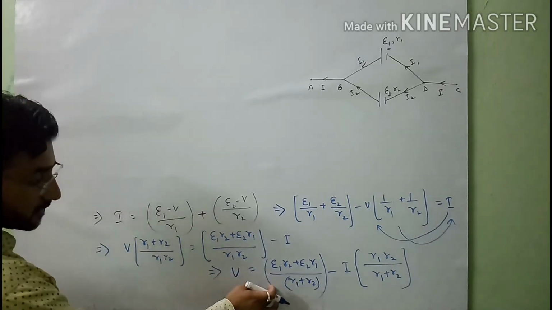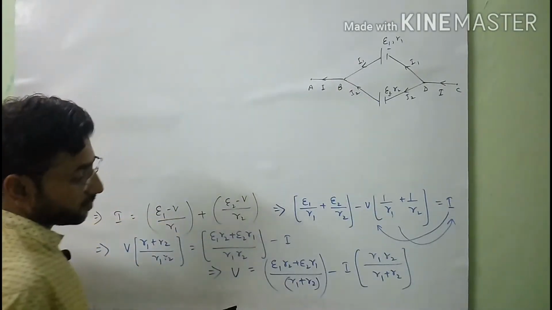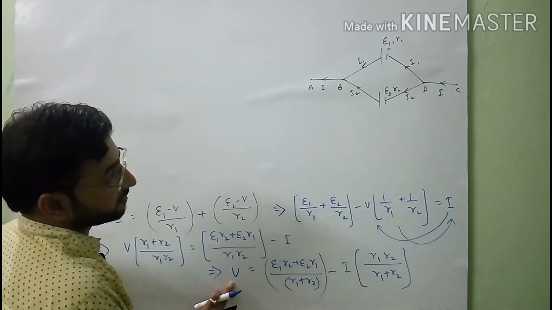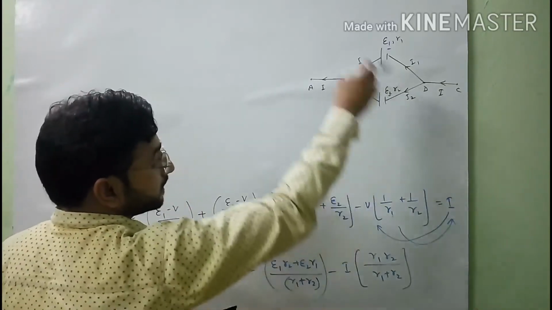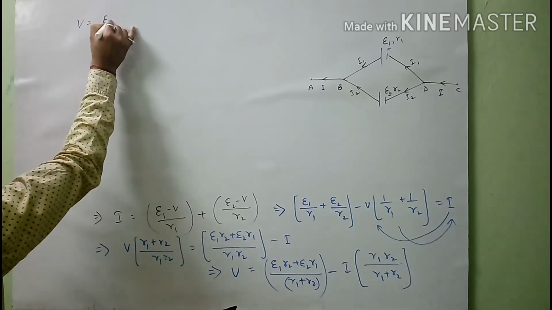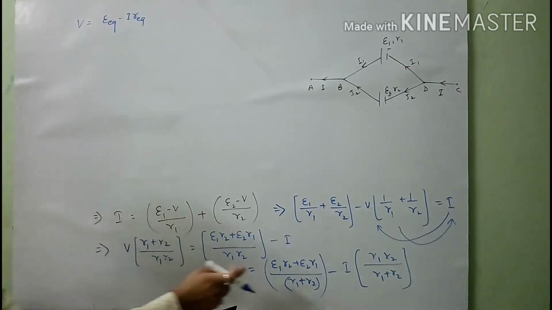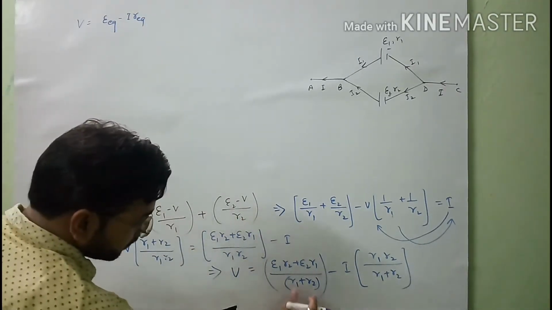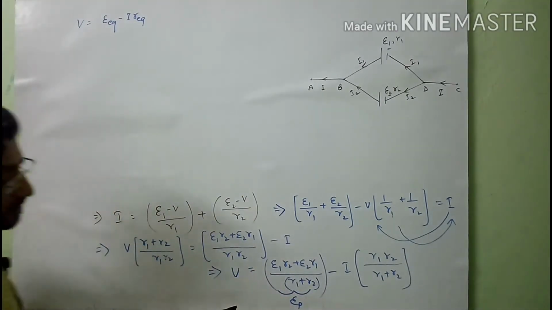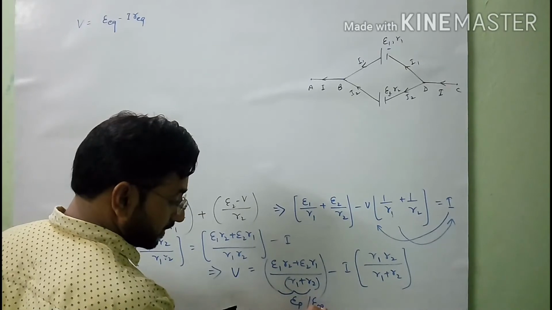Now student, this equation is our equation in case of parallel combination. So here we can say that this one is the equation of the electric potential difference between the terminals B and D for this parallel combination. So when we compare this equation with our equation V equals E equivalent minus I R equivalent, in case of parallel combination, I will write this value as the equivalent EMF in case of parallel combination. You can write this either as EP or E equivalent in parallel combination.